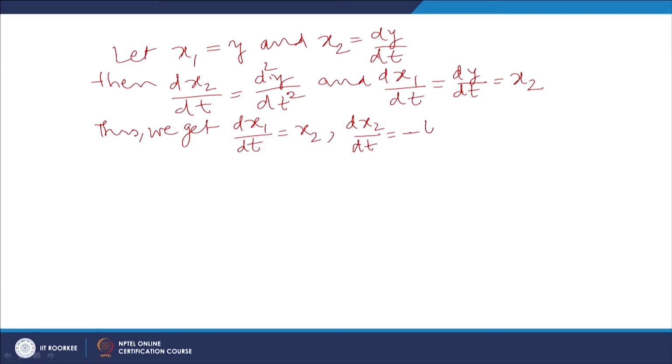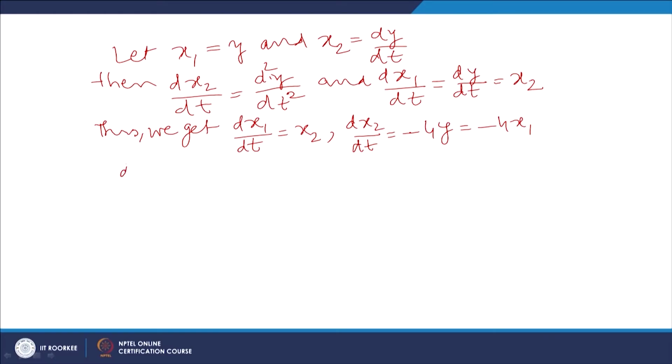So this is equal to minus 4y, which means minus 4x1. So you can see we get two equations, dx1/dt equal to x2 and dx2/dt equal to minus 4x1. Now in order to find the general solution of this system of differential equations, what we notice